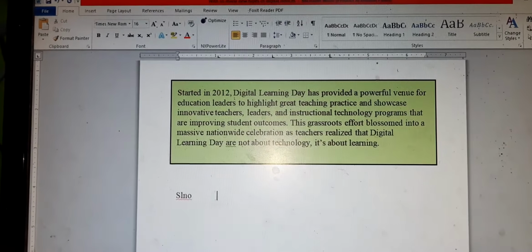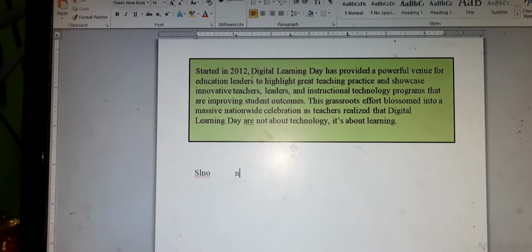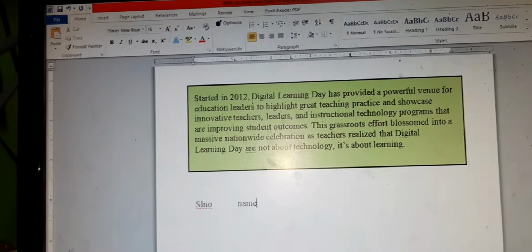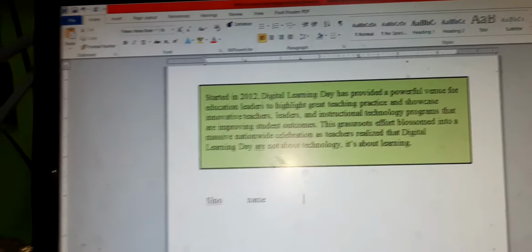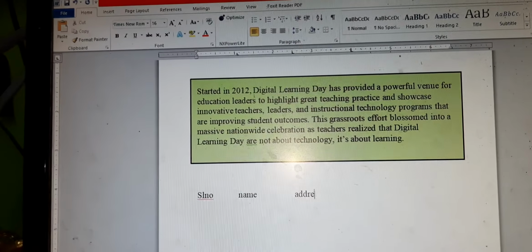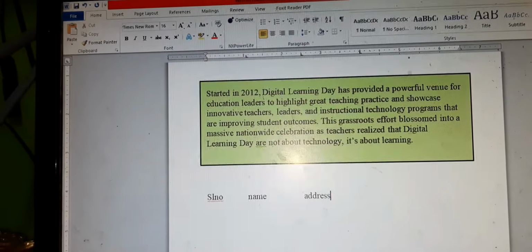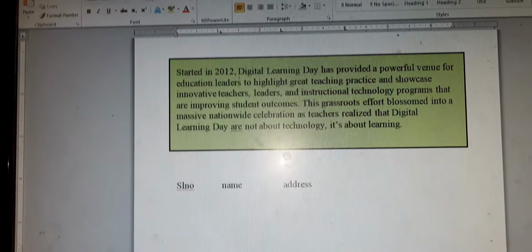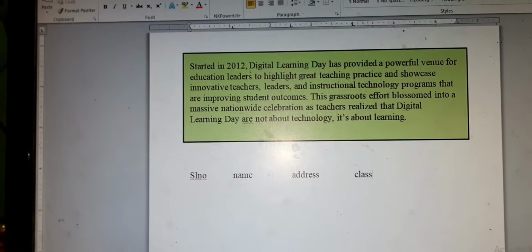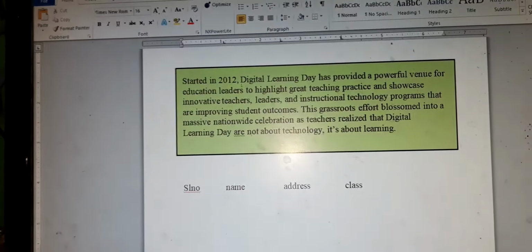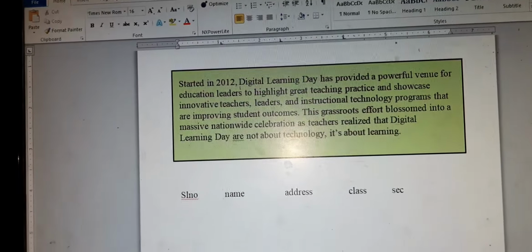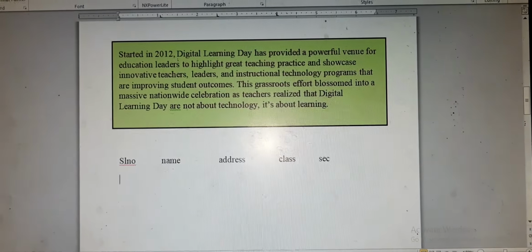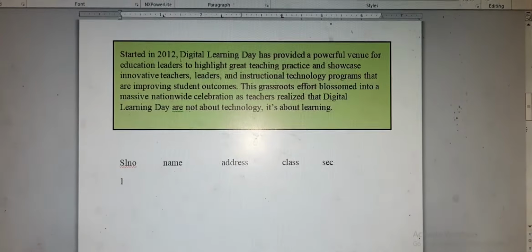So if you write first the serial number, then name, then if you press the tab key from your side, then it shifts to address, then it will shift to the class, and then you have to go to the section. So like this you can generate a serial tabular format.